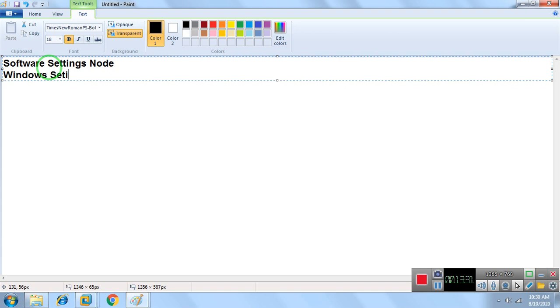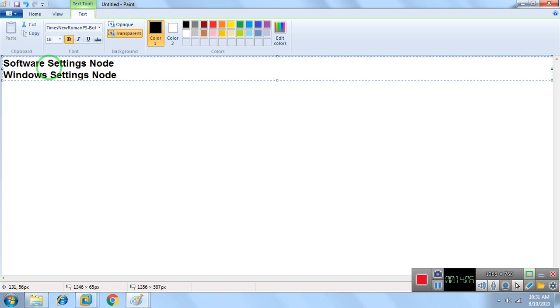Okay, fine. Now next we have a Windows settings node also. In the Windows settings node we can configure the Windows settings, the scripts, and the security settings. If you want to run some scripts or Windows settings, like configuring or restricting the control panel, or applying wallpapers, we have all those things.